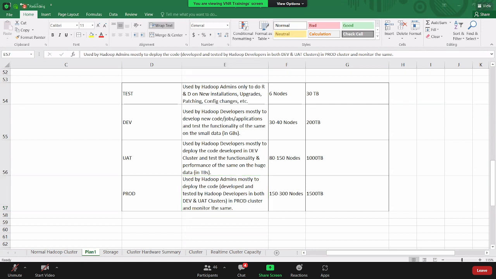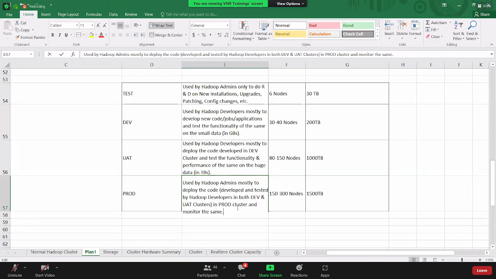So deployment means just copying the code from one place to another place. That is called deployment. But in most of the companies, none of the production people will be having access to the production cluster. Or even if they do,